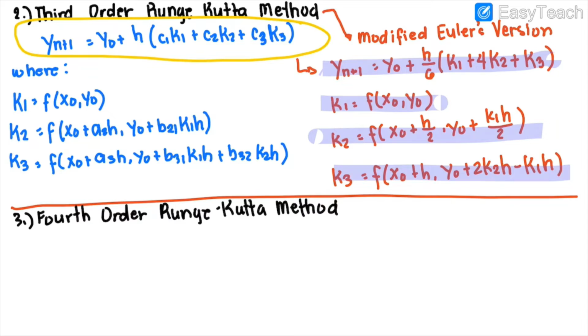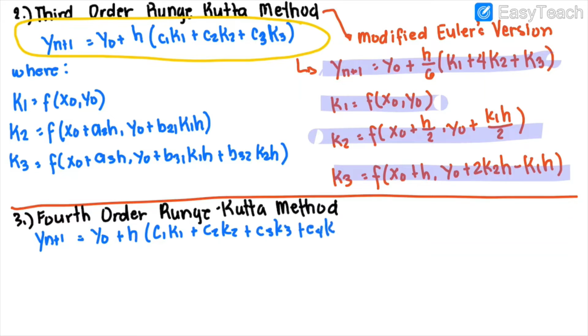With the fourth order Runge-Kutta method, the general formula is that y sub n plus 1 is equal to y naught plus the step size times the constant value of c1 k1 plus c2 k2 plus c3 k3 plus